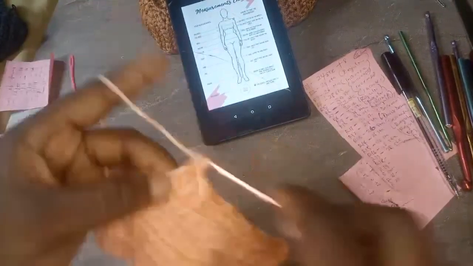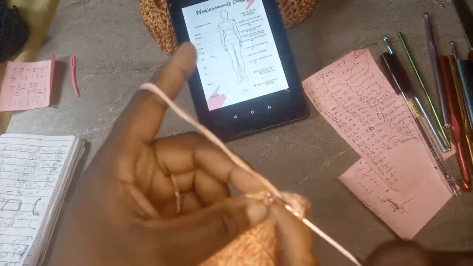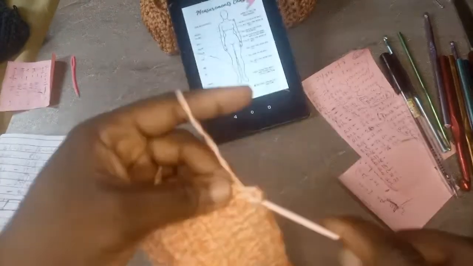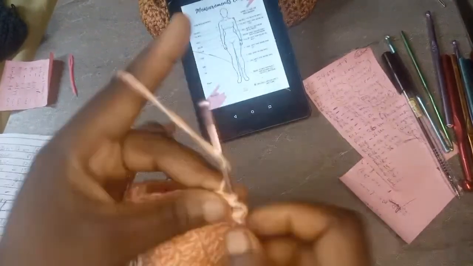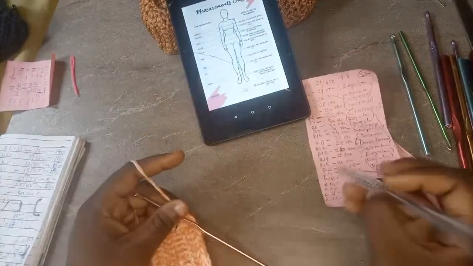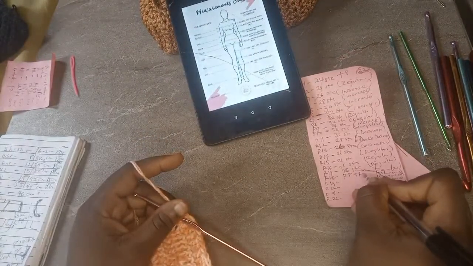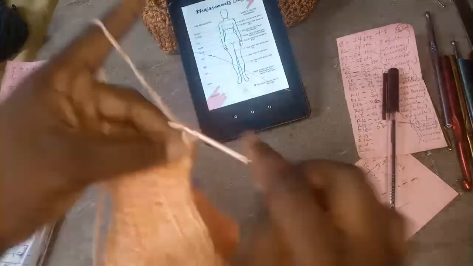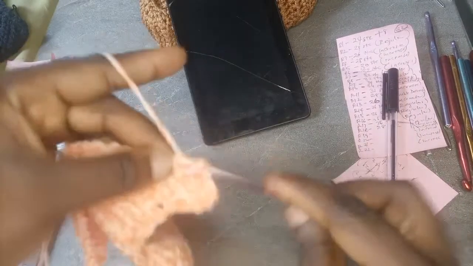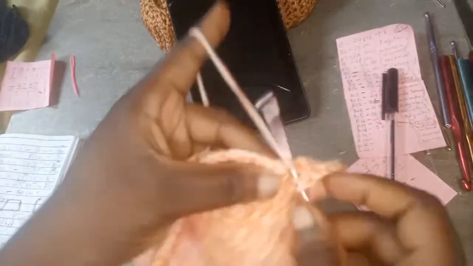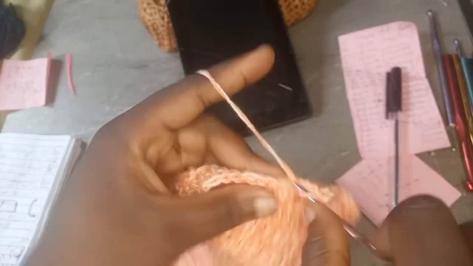Okay, all right, so we are almost at the end of this row. Okay, so we are at the last stitch now. You want to, which is the turning chain in your previous row, do one there, then do another one to complete your increase row. Then you are going to have 28 stitches. So you're going to increase this row 19 too, and then continue to do your regular rows. Okay, this is also an increase row.